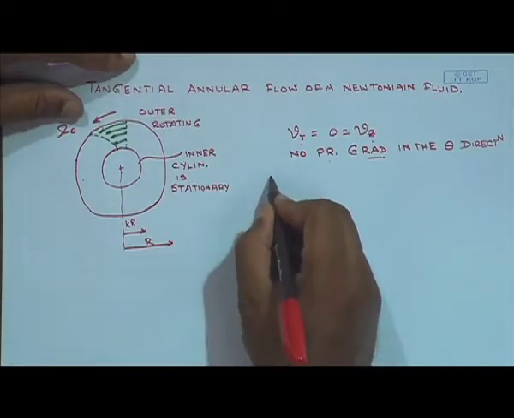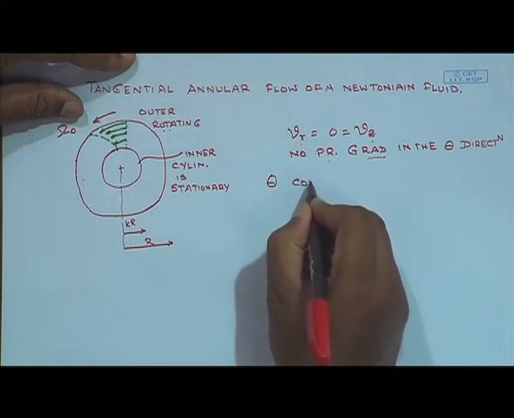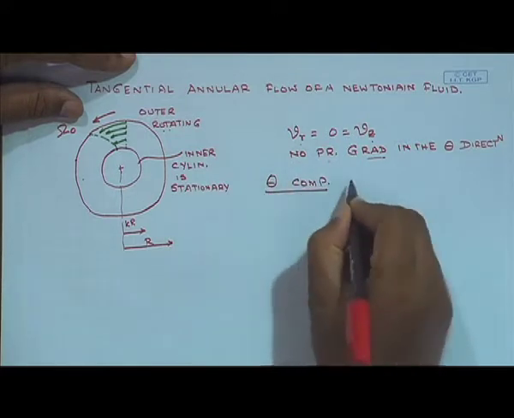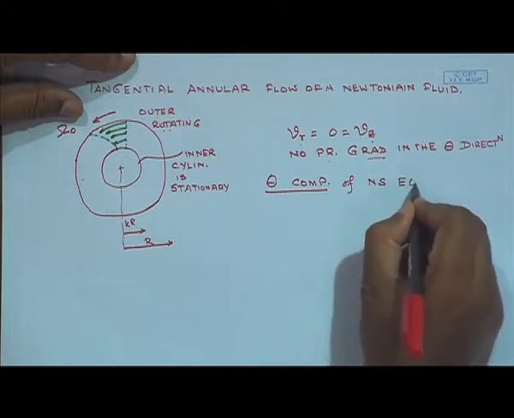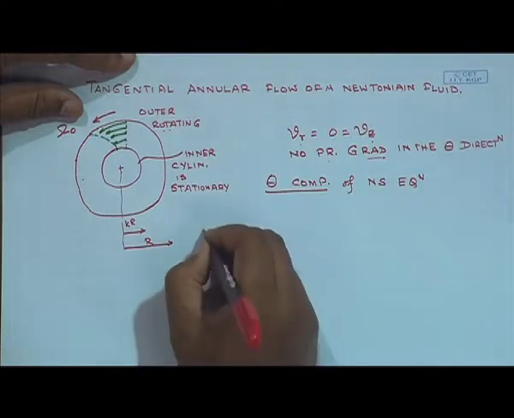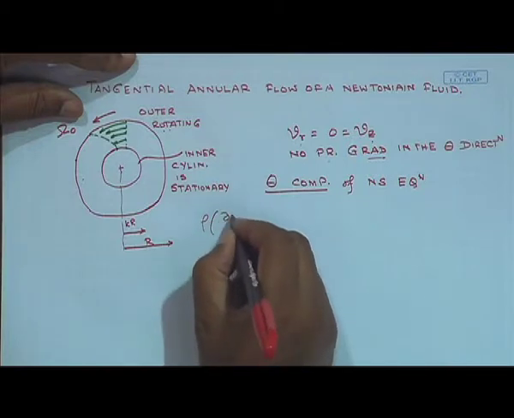So we must write the theta component of the equation of motion in cylindrical coordinate systems and try to see if we can obtain an expression for velocity. So that is what we are going to do next. So if you write the theta component of the NS equation, Navier-Stokes equation, the complete expression would be, which is available in your textbook as well,